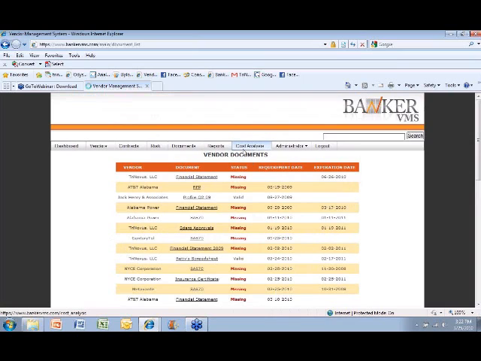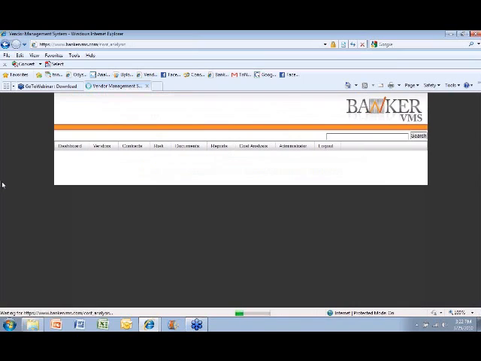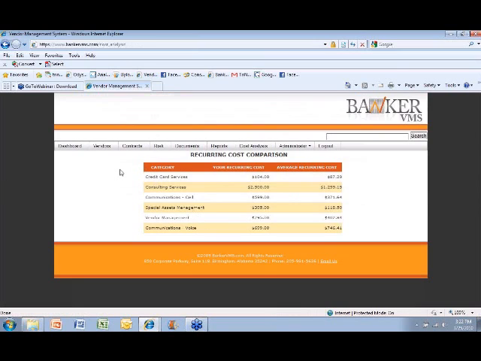Moving on to the Cost Analysis tab. This is one of the coolest parts of the system. This will compare what you are paying for any particular product or service to what other users in our system are paying for the same product or service. This will kind of show you where you stand within your peer group and where you might be able to save some money. And then coming over to the Administrator tab, this is where you'll do pretty much everything else